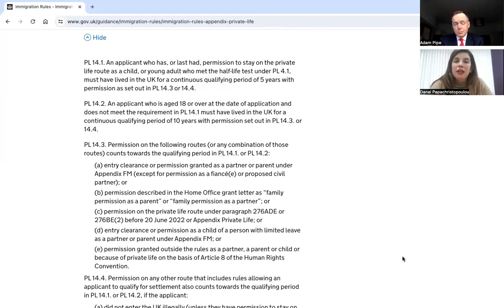I think one thing I want to say is that there are progressively so many different application forms, especially for children that could be eligible for settlement. We have Set O. If it's long residence, we have Set F. Under Part 8, we have Set PL. We have settlement under family life. And this is very confusing for applicants, but also sometimes for the legal representatives as well, to make sure that they use the correct form.